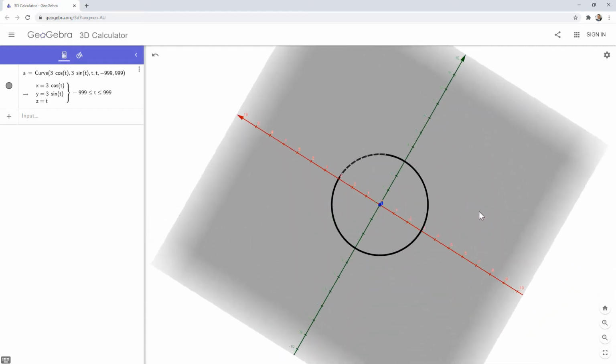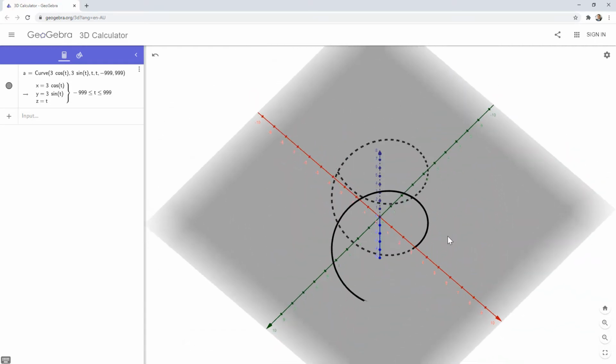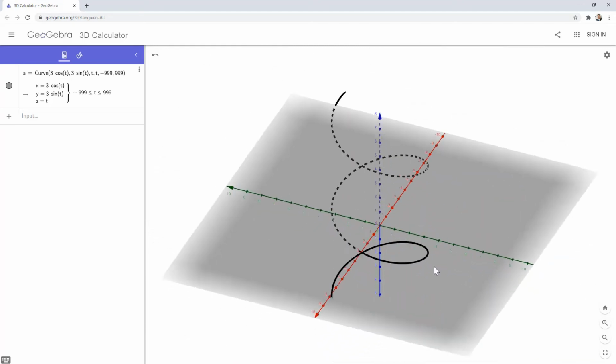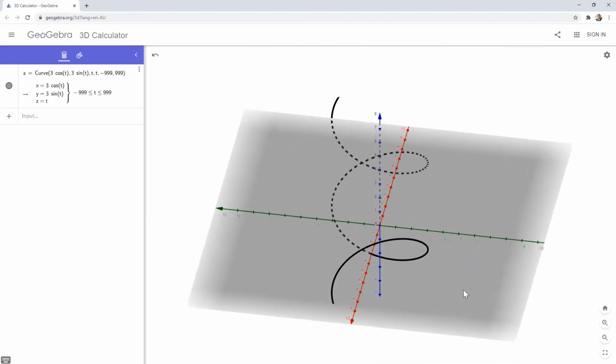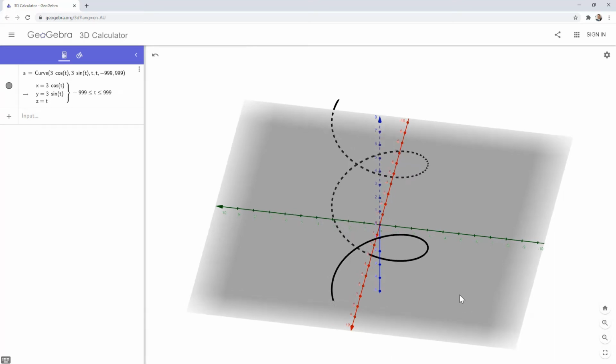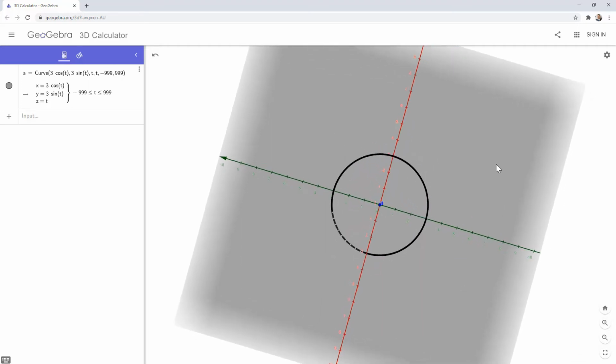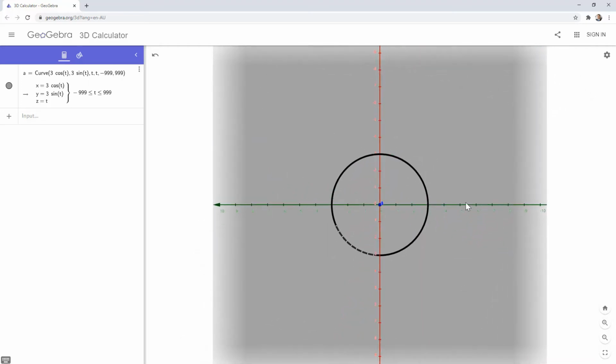So we can spin the curve around and play around with the different dimensions to really get a good feel for what we're dealing with. For example, if I just focus on the x and y axis, so make this flat and look at it in our normal 2D way, we see that we're effectively looping around